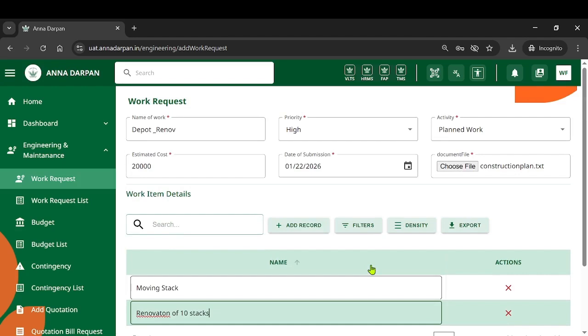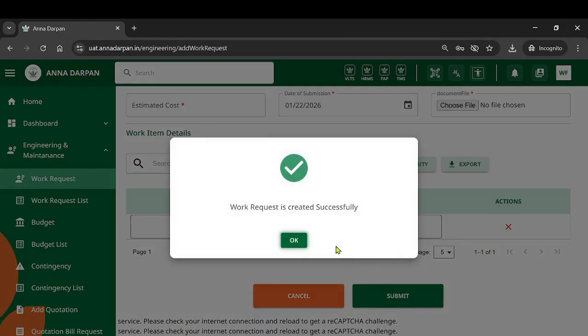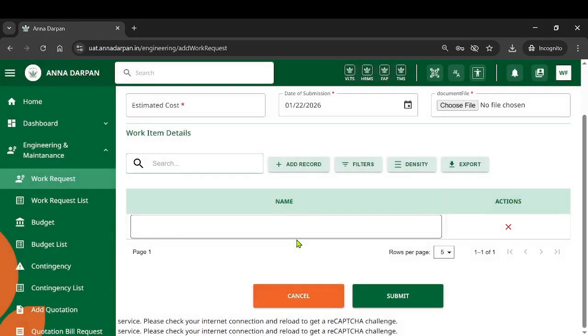Click the Submit button. A success message appears in a pop-up confirming that the work request was created successfully.